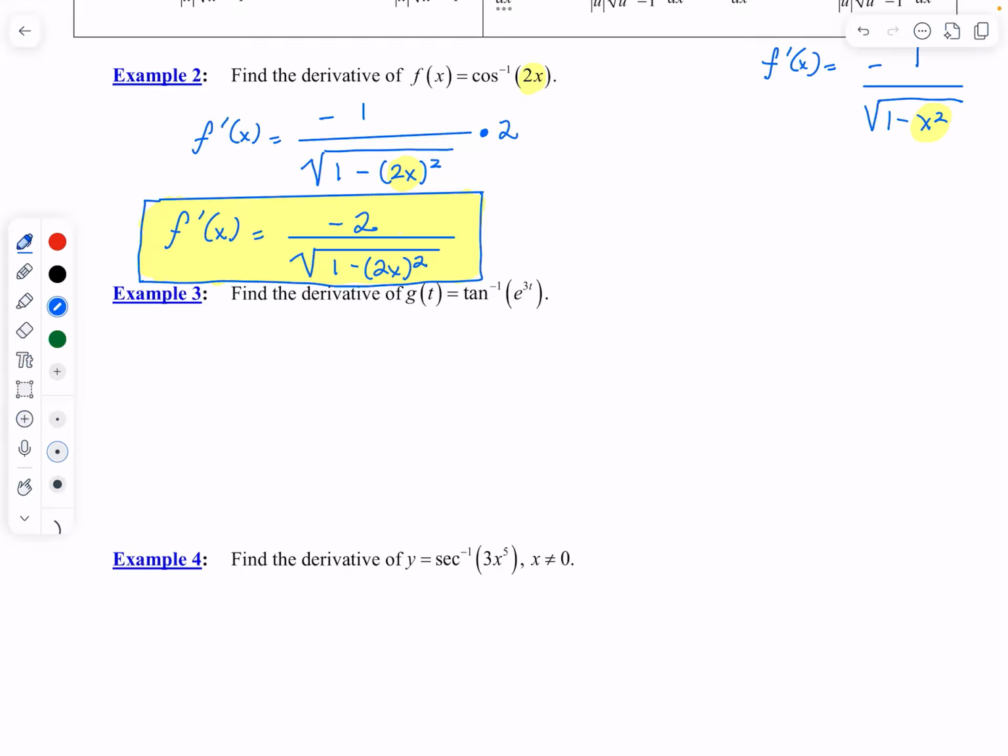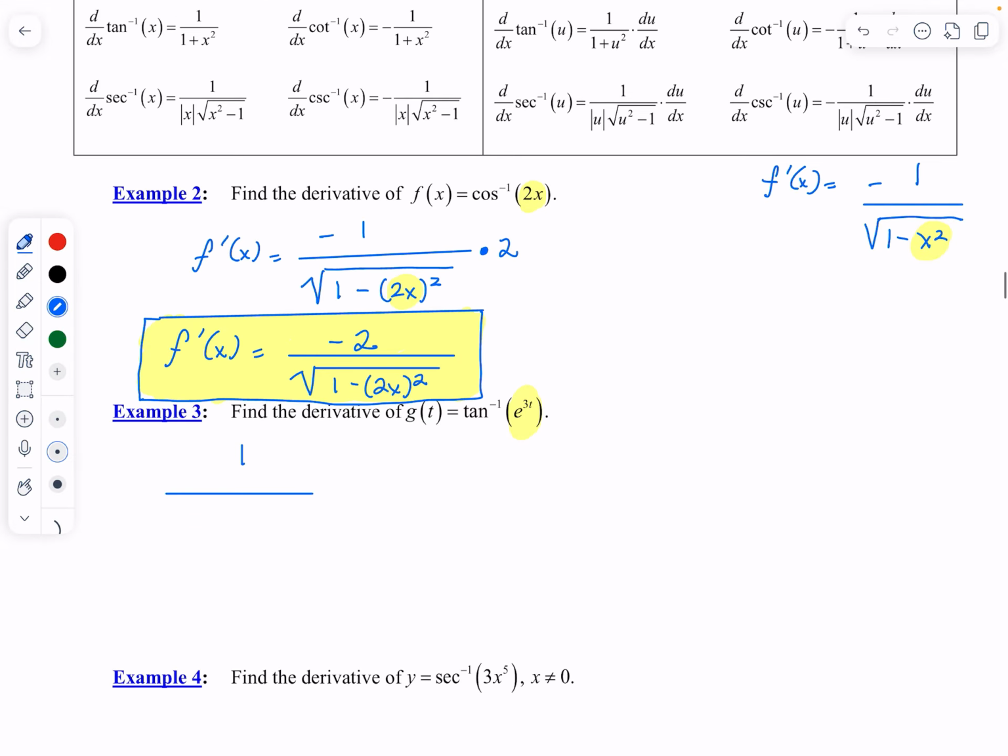So I can see that inverse tangent has an argument that's something besides just x, so I know I'm going to have to use a chain rule on that. So this becomes 1 over, and I think it's x squared plus 1. It's 1 plus x squared, which is the same thing, but let me just write it as it's written there. Okay, so that's what the normal derivative is, but we're going to have to adjust this because we have e to the 3t. So the derivative of g at t equals